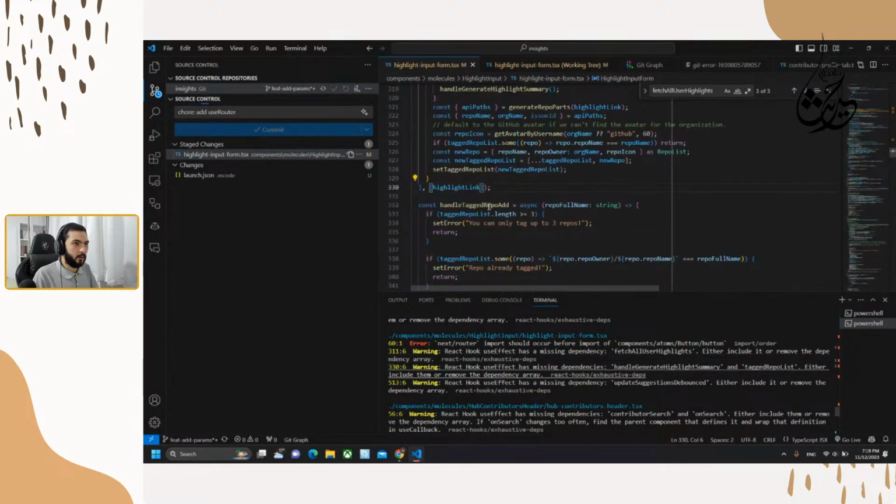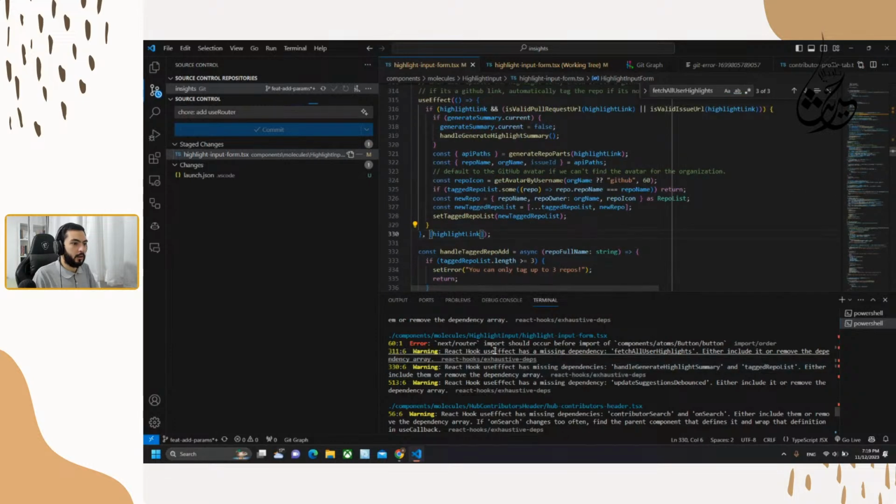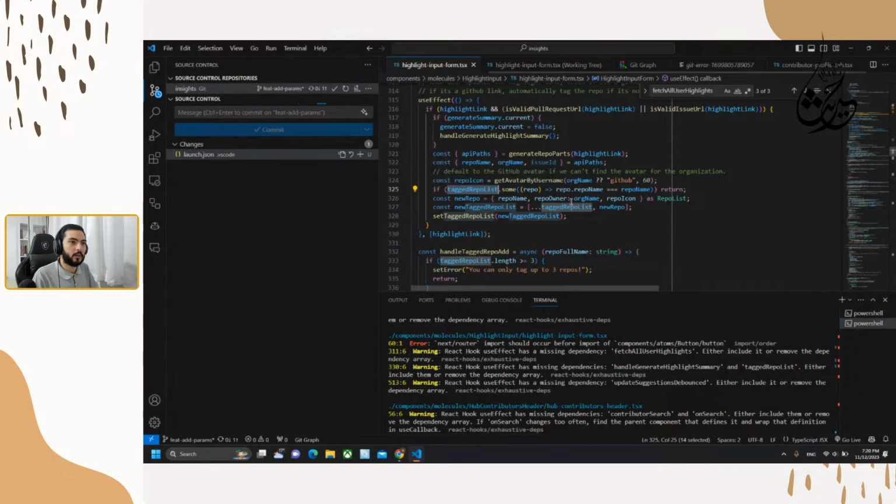Here we have the highlight link and they are saying we are missing the handle generate highlight and target replaced. I think target replaced could be okay. Why do we have the handle generate highlight summary? Yeah, we have this function here.